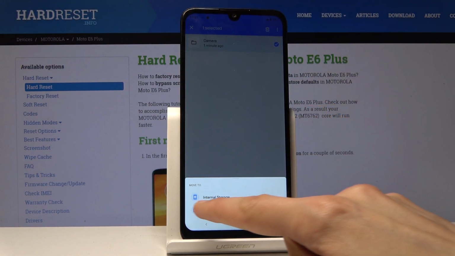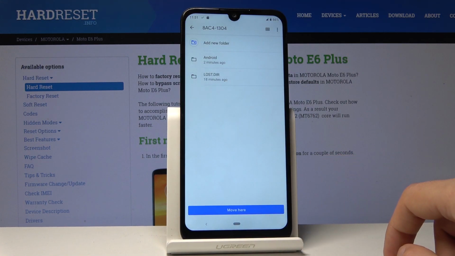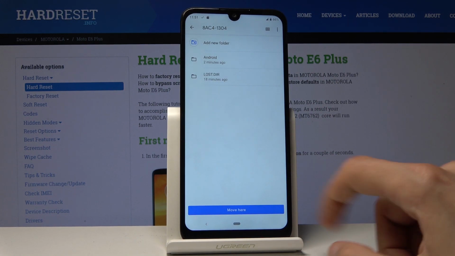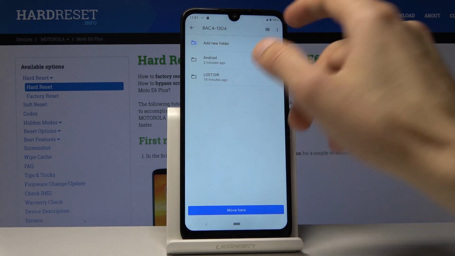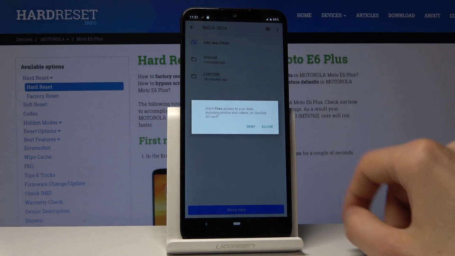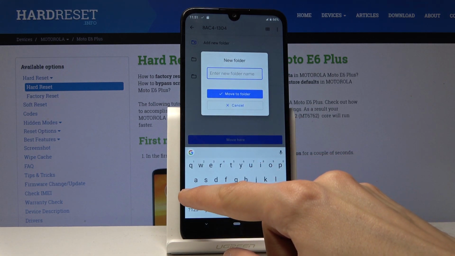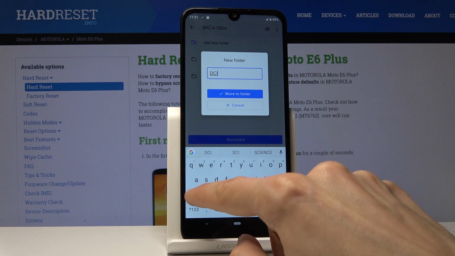Now the photos right now are on internal storage, so I'm just gonna choose a different one, so the SD card, and it opens up the main SD card storage. From here you can create a new folder if you wish to put it in more of a specific place, so you could just tap on create folder, allow, and let's name it, for instance, the same way as where it came from, so DCIM,